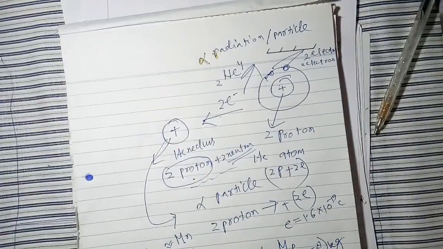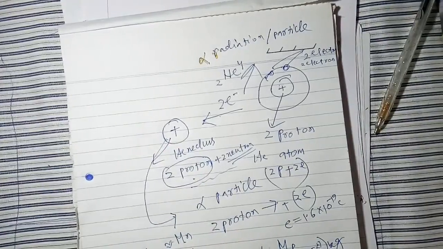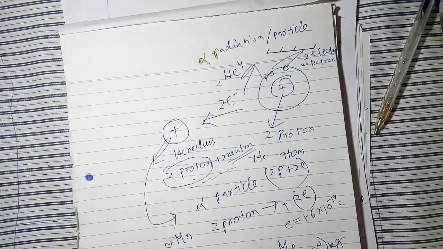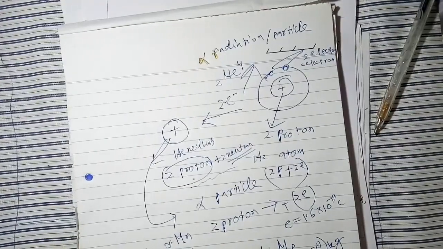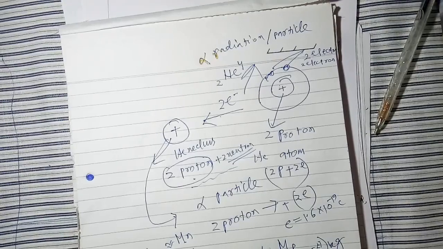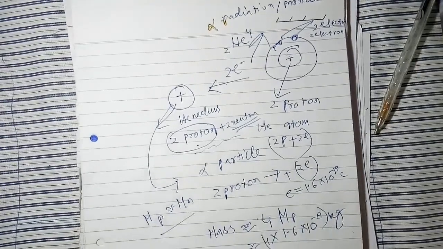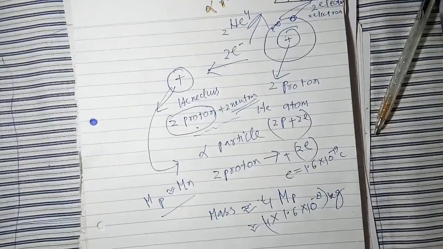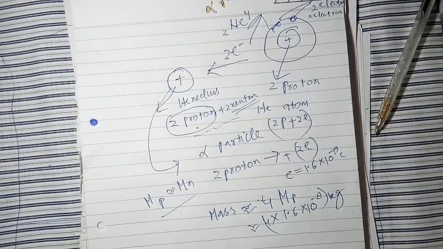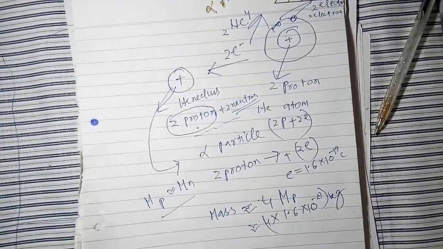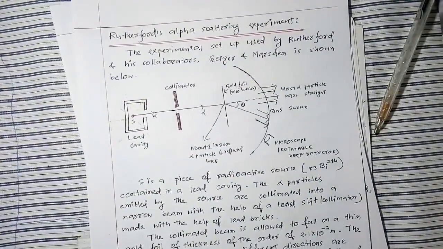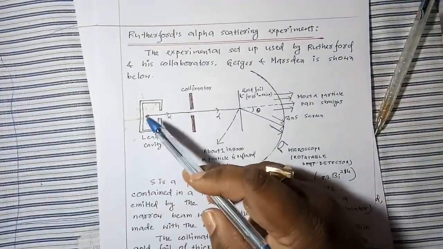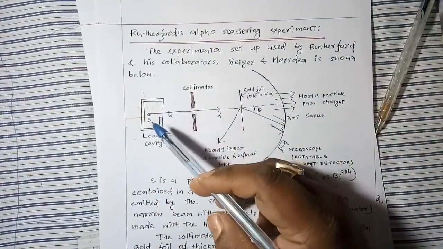So what is an alpha particle? An alpha particle is nothing but the helium nucleus, and inside it we have 2 protons and 2 neutrons. The charge of an alpha particle is plus 2e, where e is the charge of 1 proton, that is 2 into 1.6 into 10 to the minus 19 coulomb. The total mass is almost 4 into 1.6 into 10 to the minus 27 kg, because the mass of a proton is almost equal to the mass of a neutron. Is it okay? So let us come to the experiment again.